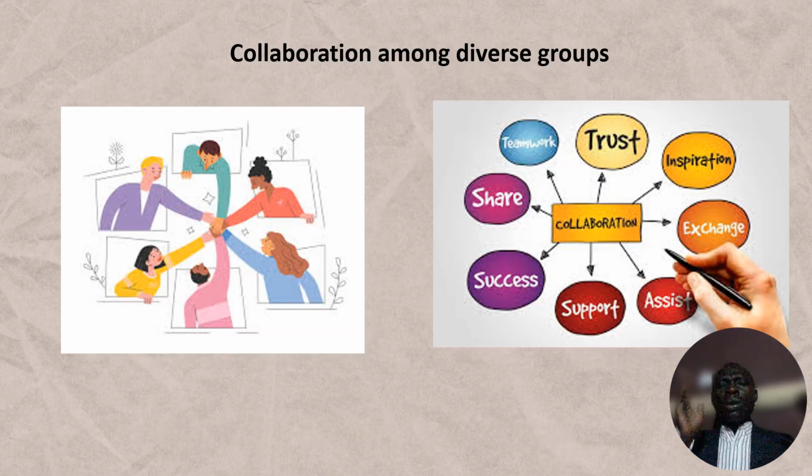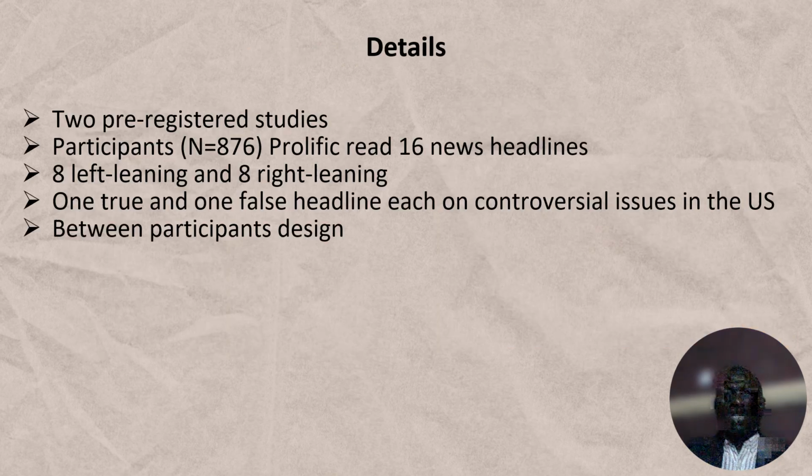So our project embraces a unique approach which I call adversarial collaboration. So we bring together fact checkers from diverse backgrounds and viewpoints to challenge each other and collectively improve the accuracy of news verification. So this method helps to balance biases and enhances the credibility of the fact-checking processes.